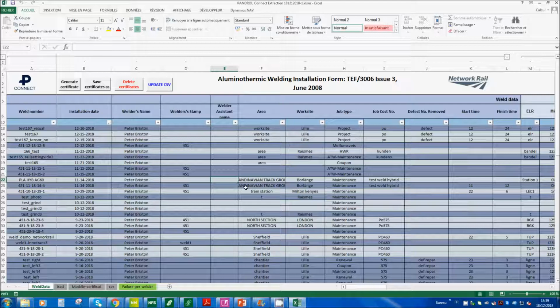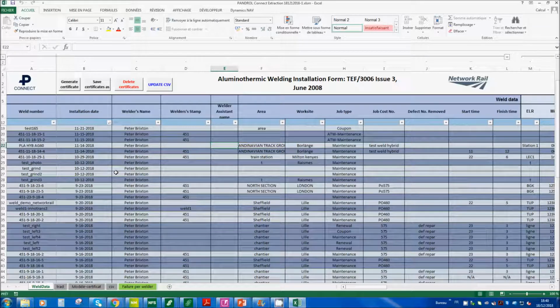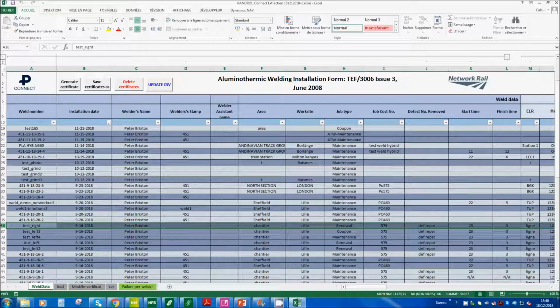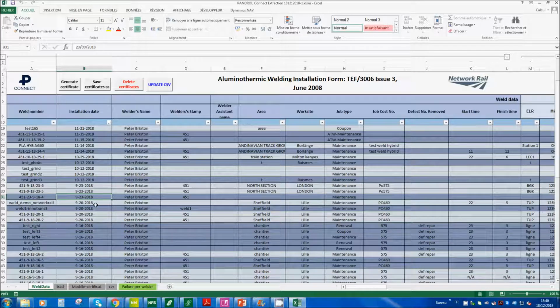Now, how to generate certificates? Again, that's quite easy. Over there you get 3 buttons. The first one is to generate well certificate. The second one is to save them as PDF, and finally the last one is to delete all of them. So you just need to select your wells, but pay attention to one detail. If you select one full line or a different column, and you click on generate certificate, you're going to get this error message because you just need to select one column. It could be this one or this one, but just one.